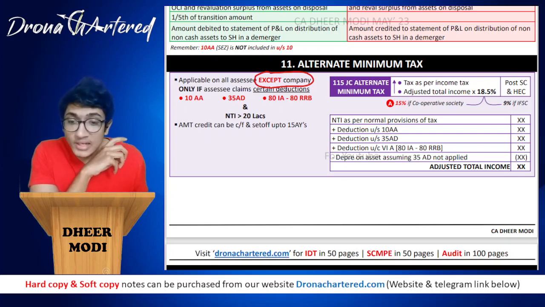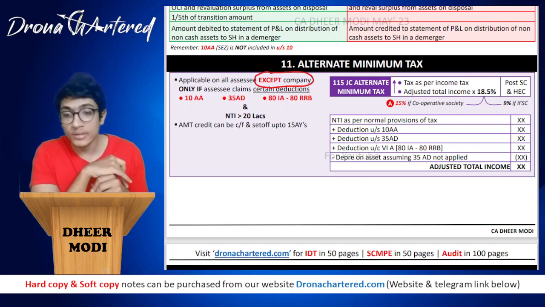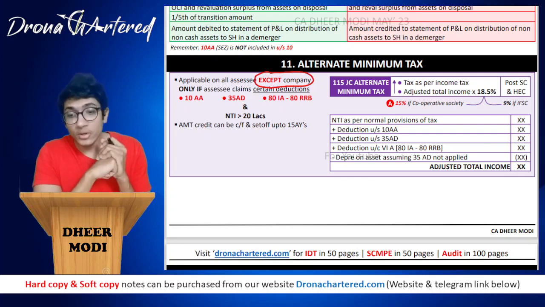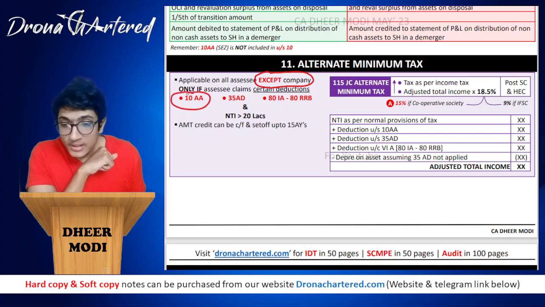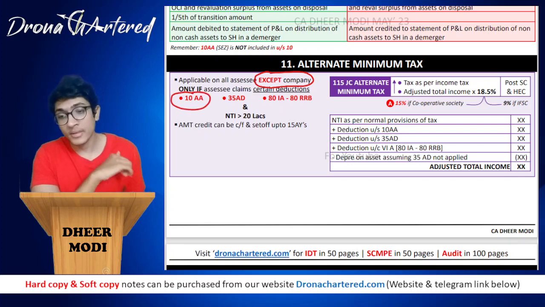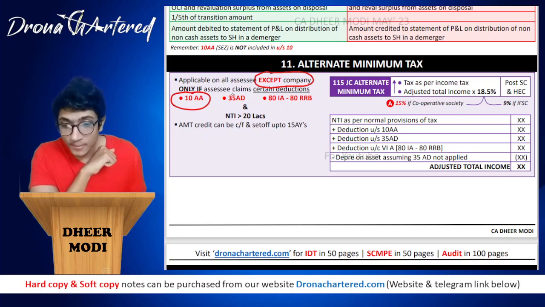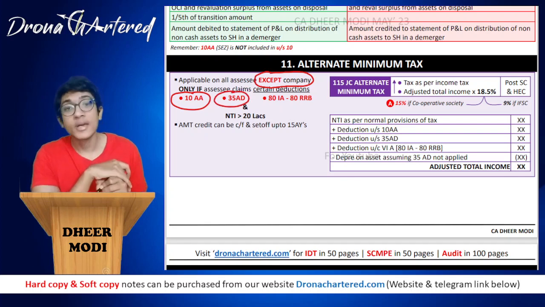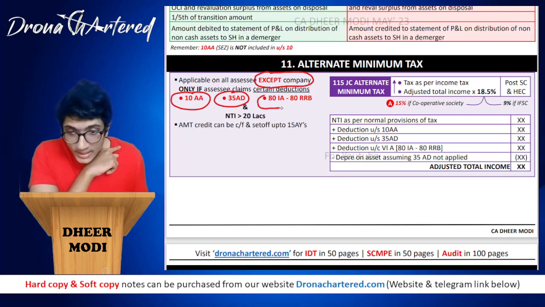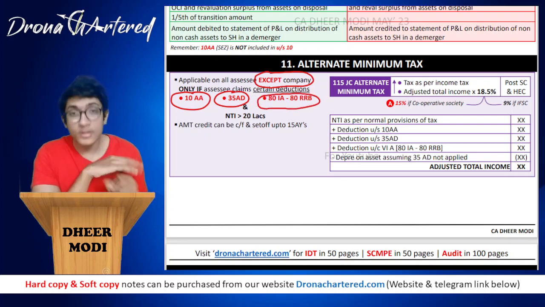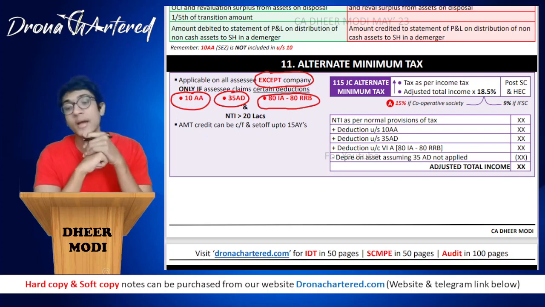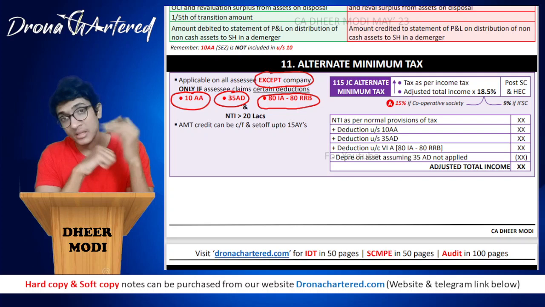Only if your SSC claims certain deductions will he be covered under your AMT. That is your 10AA, this is your SEZ income. If your SSC earns any income from SEZ, that is your 10AA. Then there is your 35AD. 35AD is your special business, and your 80IA to 80RRB. These are your income based deductions. So only and only if SSC has these three items in his